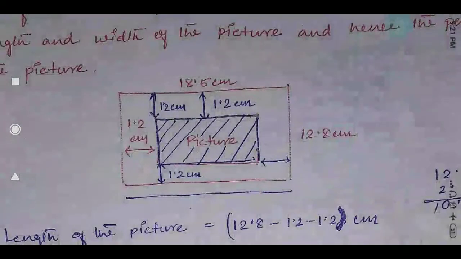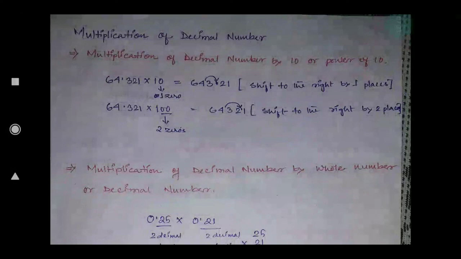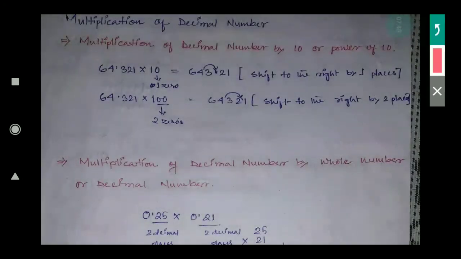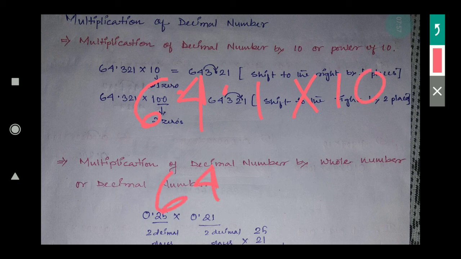Okay, so next we are going to discuss multiplication of decimal numbers. How to do the multiplication of decimal numbers? In decimal number multiplication, you may have to multiply by 10 or some number. A decimal number means some decimal point will be there. Suppose 64.1 is given; sometimes you have to multiply it by 10, sometimes with some non-decimal number like 15, that means the decimal point is not there. Or sometimes you have to multiply a decimal number with another decimal number. So many cases are there. How to do that multiplication of decimal numbers, we will understand here.